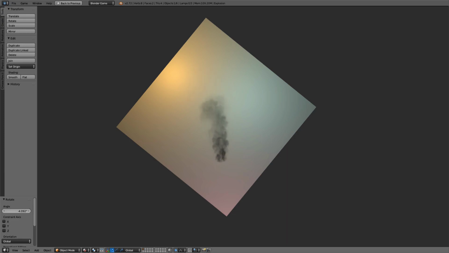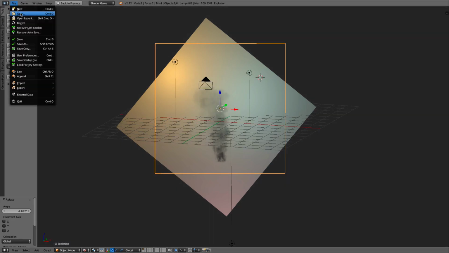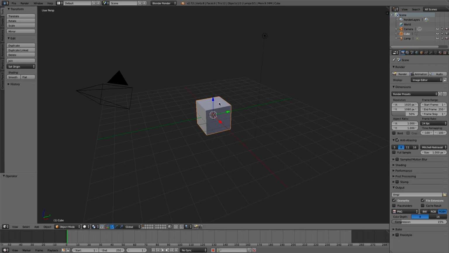So what you're going to need is Blender. You're going to need a video editing software. You could use iMovie. I'm going to use HitFilm 2 Express because I got that for free. And then you can use a photo editing software. I'm going to use Photoshop. You could use GIMP, but you'll see later. So first we're going to make a smoke simulation in Blender. So we'll get right to that.